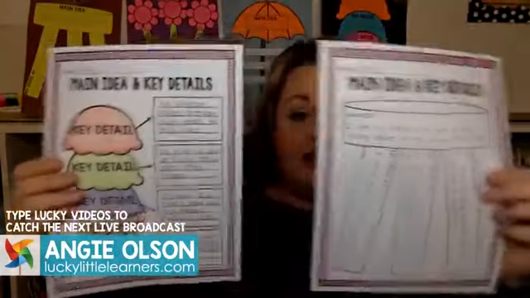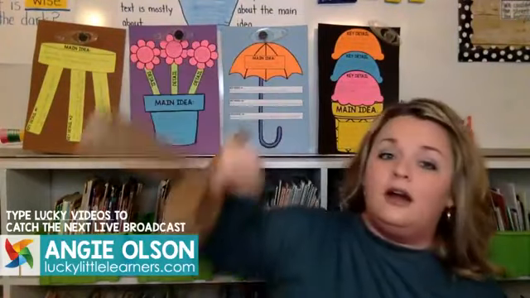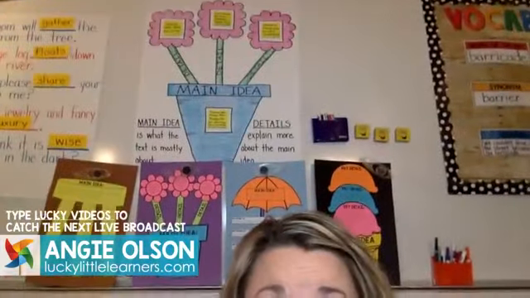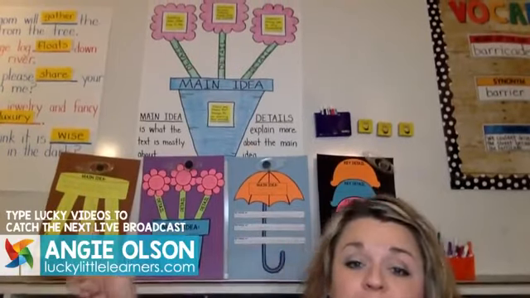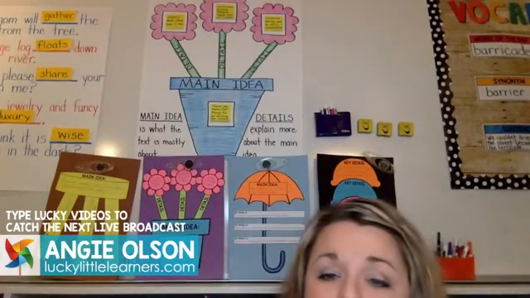So again, easy enough where you could draw your own anchor chart to match that. And then you can also see in the background, you guys, I should show you this. Inside of that pack are craftivities that go along with that, so that you could use it with any book, any text selection, and they could either do it on a graphic organizer, do it on a craftivity, or you could make your own anchor chart like that. And these are simple, like super simple, you guys. These four, all four, you could literally draw that out on a piece of paper real quick and make your own anchor chart like that.